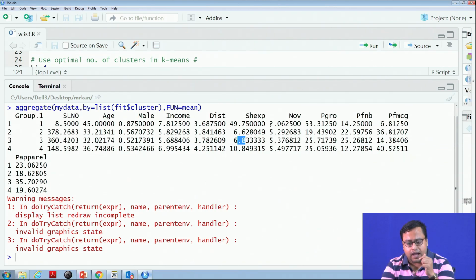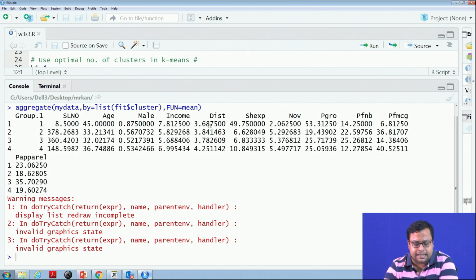But group 1 visits very few times, only twice in a month, while the others average almost 5. So group 1 is totally different from the other groups. They visit a limited number of times, 2 times a month, and purchase a lot. Their major purchase is grocery and apparel. FMCG and food and beverage is not something that they purchase a lot.